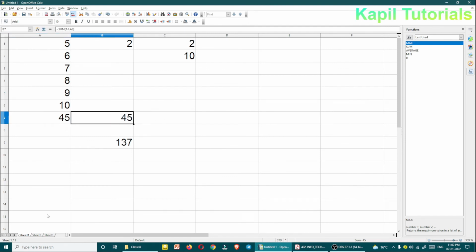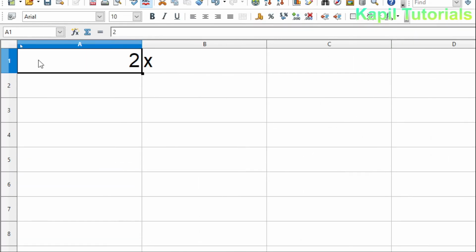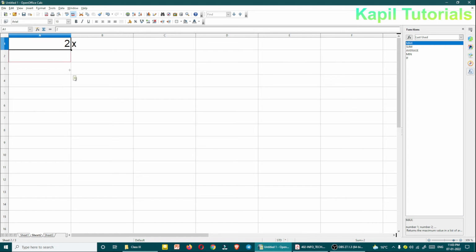Now suppose I'm using sheet 2, and here I have to make some table. So this can be your assignment also. For example, I have written here 2, here I'll write X, and suppose I want to type 2 only here till 10. But simply if I drag it like this, it increases, but I don't want it this way.